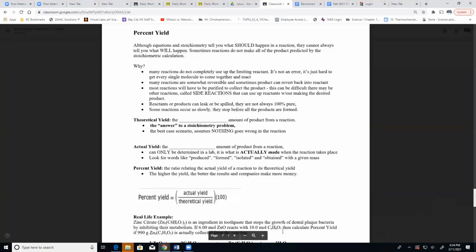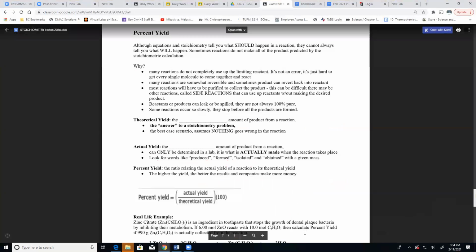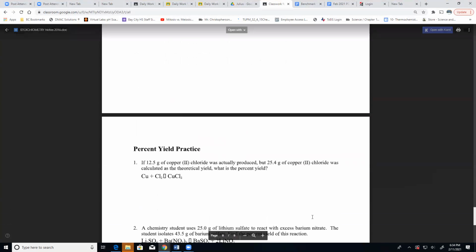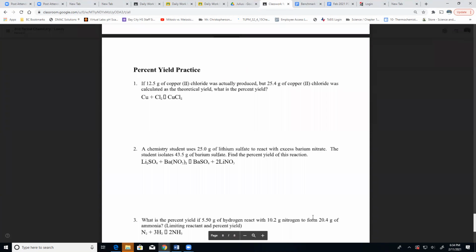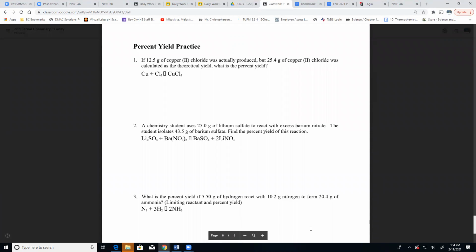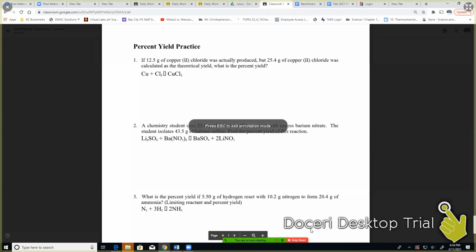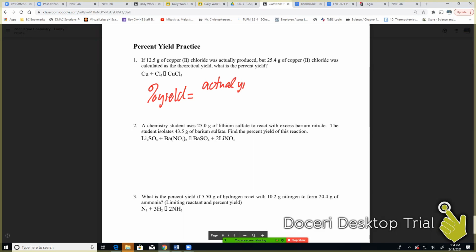So these examples that are in our notes are a little bit harder. So we're mainly going to look at some on practice, but I am going to show you this one right here. This is a real easy one, because on this particular one, you're given both the actual and the theoretical. So remember, my formula is percent yield is equal to actual yield divided by theoretical yield